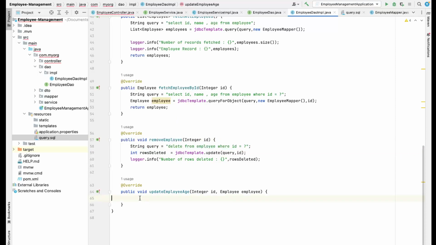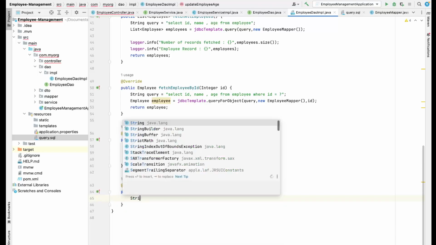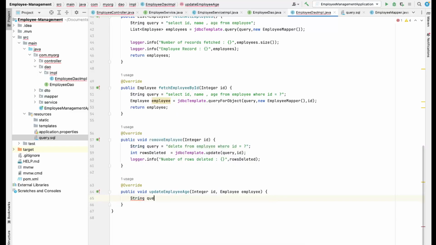Now let's go ahead and write the SQL query for this. How would our SQL query look? It would look something like this. String query is equal to, we'll need to use an update query. So how we basically write our update query is update employee. Employee is our table name, and then we need to use the set keyword. So set,